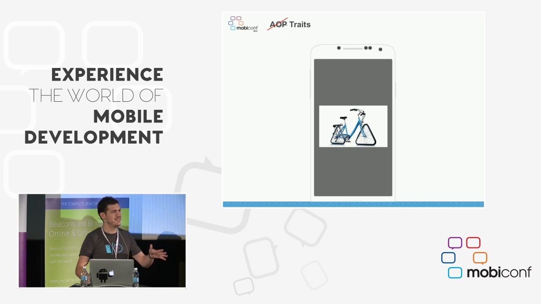People tend to be afraid of aspect-oriented programming. They think it's this massive monolithic thing that brings Spring and things like that to mind. After discussions with some friends, after presenting this at a local London Android group, it became clear that what we've actually built is more akin to traits, like Groovy and Scala have. Are people aware of what a trait is? Okay, fewer hands. Basically, a trait is sort of like a cheat to allow multiple inheritance without having the bad things that multiple inheritance carries with it.